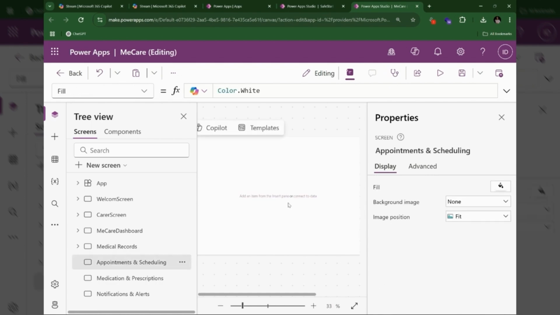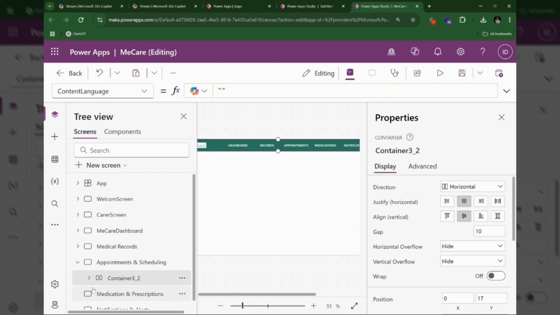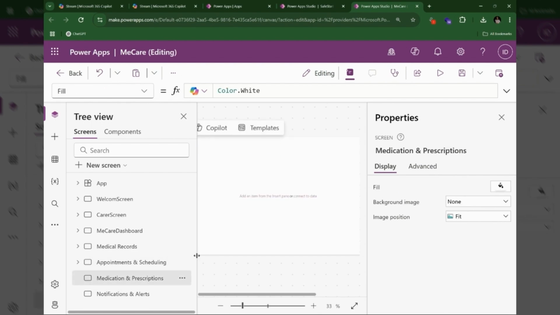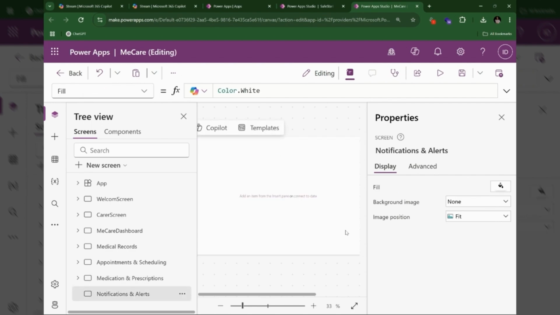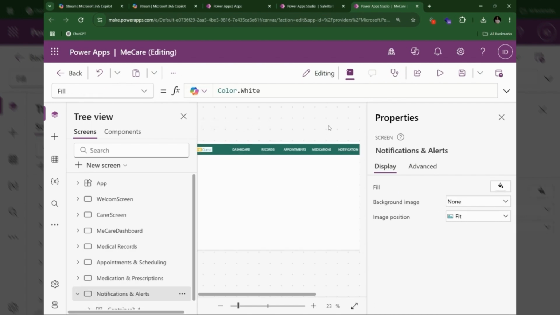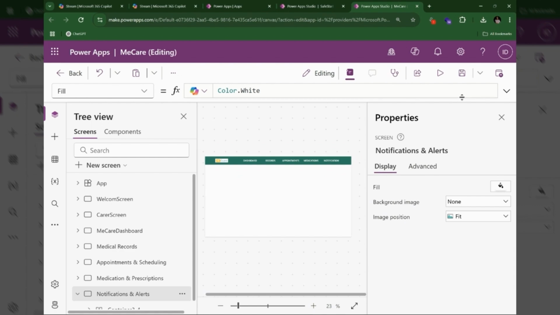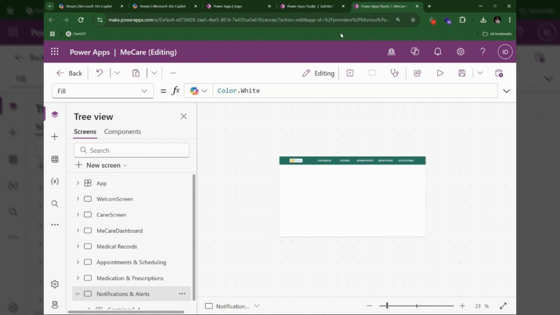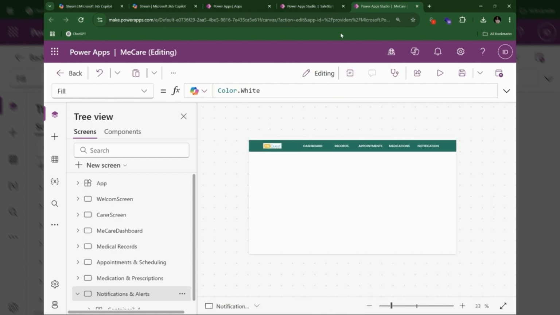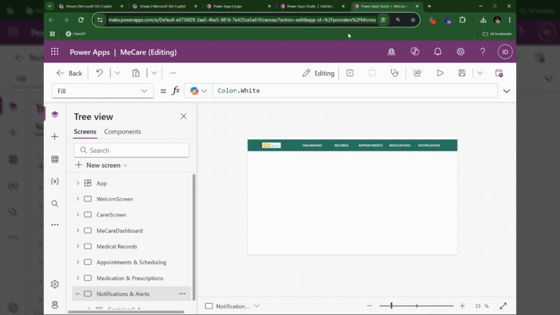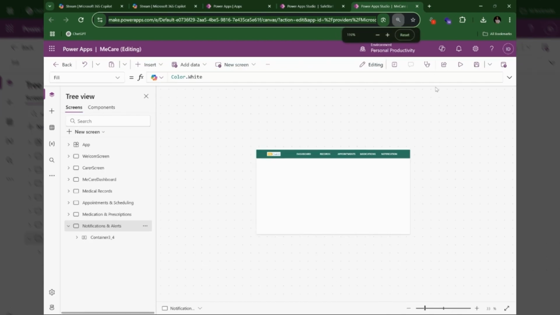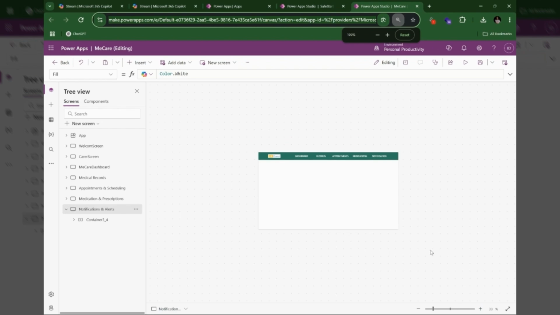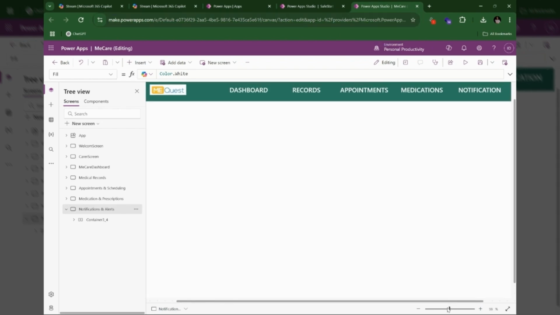I go to this, I paste, I go to this, I paste, and I go to this, and I paste. All right, so now I have my app